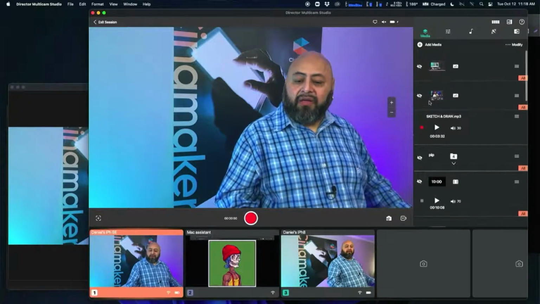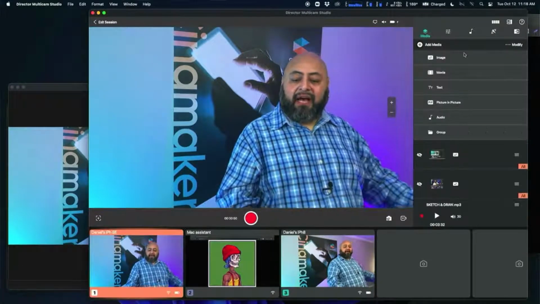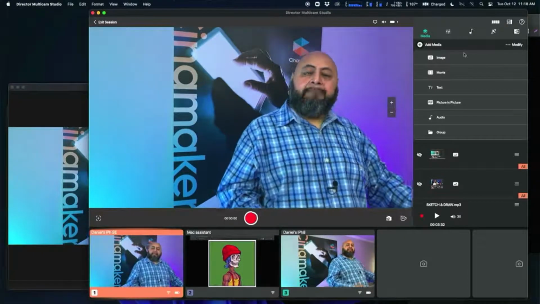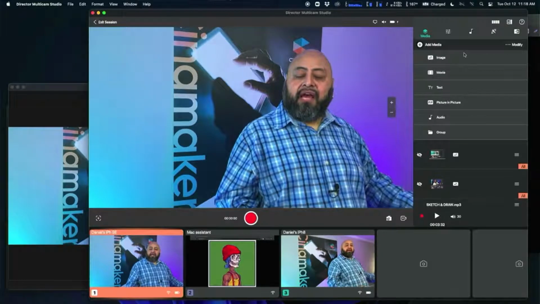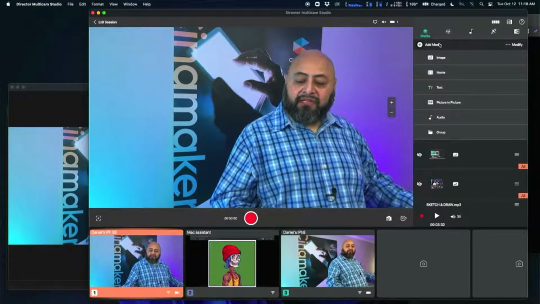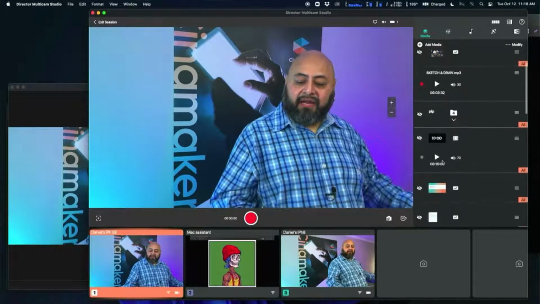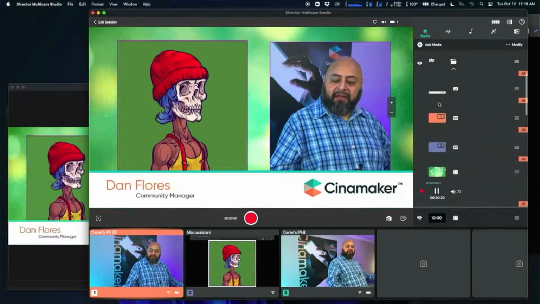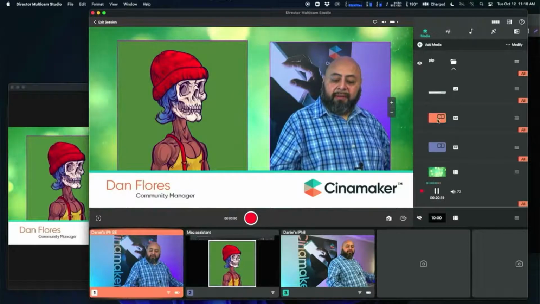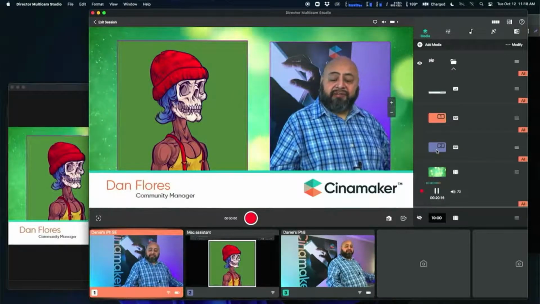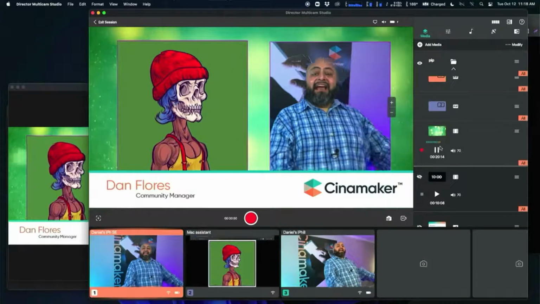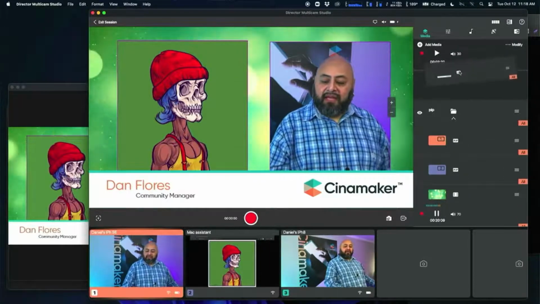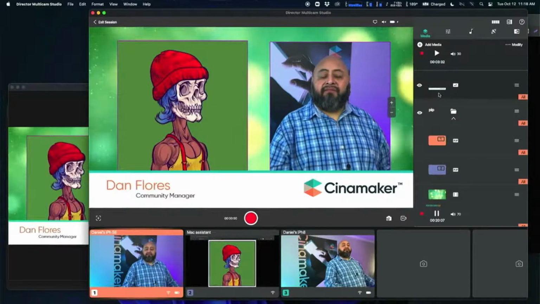There we go. So when you add media, you have the options of adding image, movies, text, picture-in-picture, and audio, or creating a group. And so in my case, I created a group right here. This is a group. And in this group, we have lower third, picture-in-picture, another picture-in-picture, and then finally a video background. In order to show you all these individual pieces, let me move that lower third out of the folder